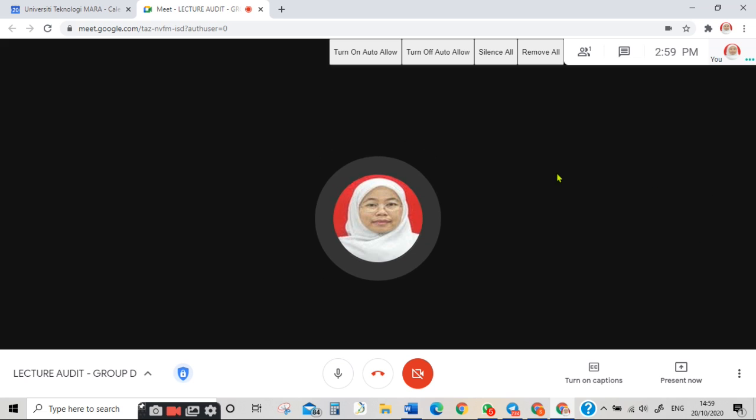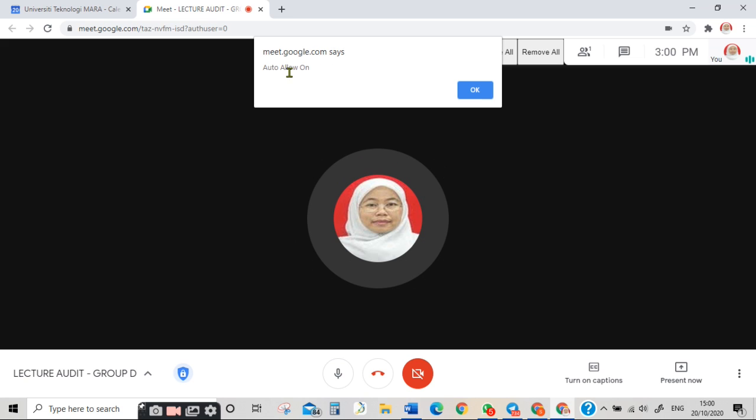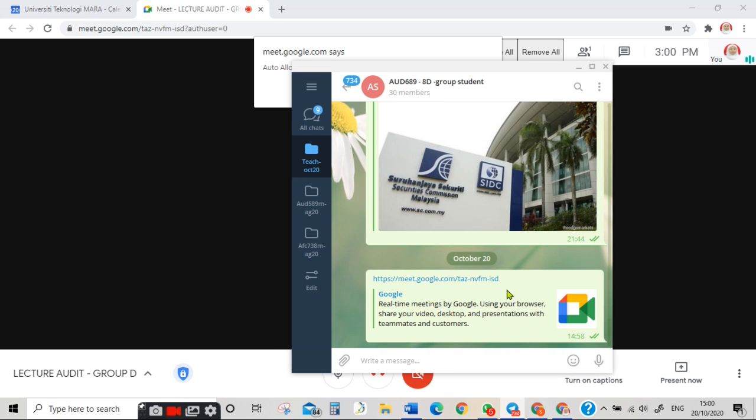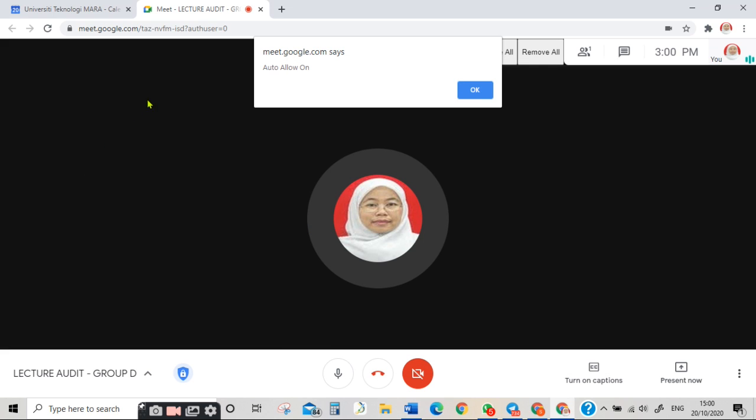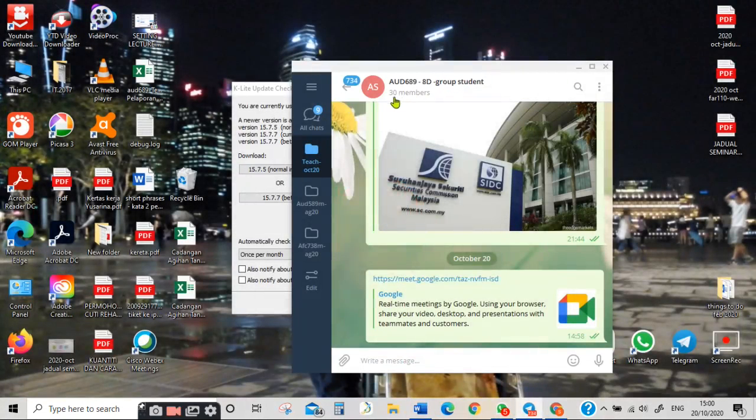Now here I have actually put an extension to allow the student to join automatically. So I can click this and the system will allow whoever has this address, or URL, and it will automatically admit them to the Google Meet meeting. So that's how I have